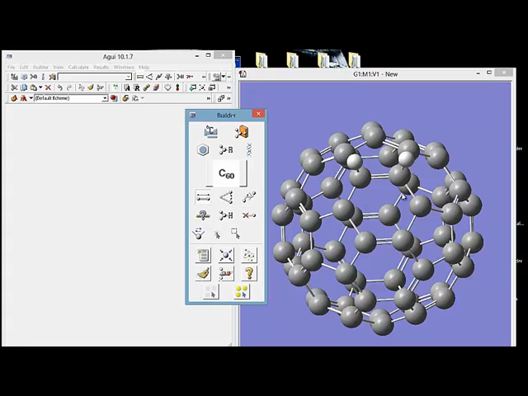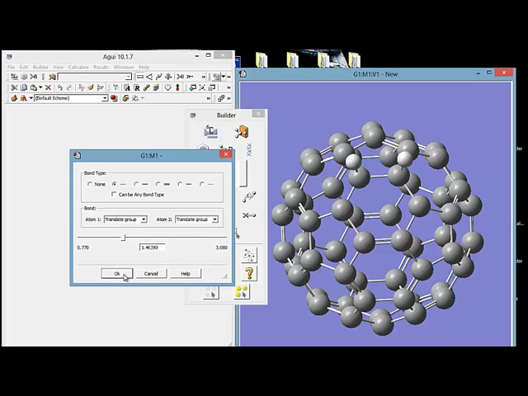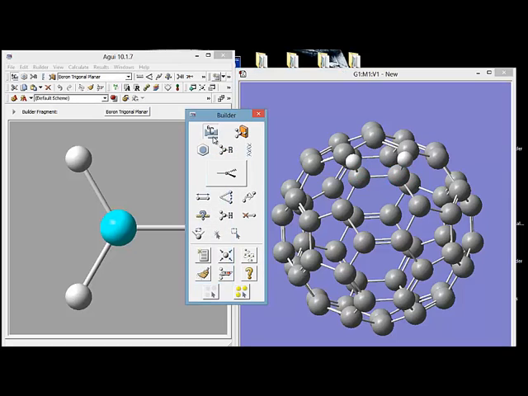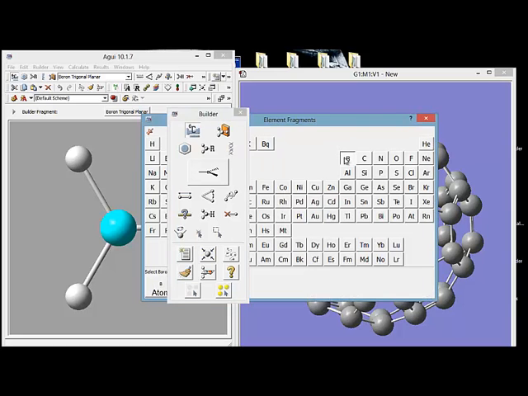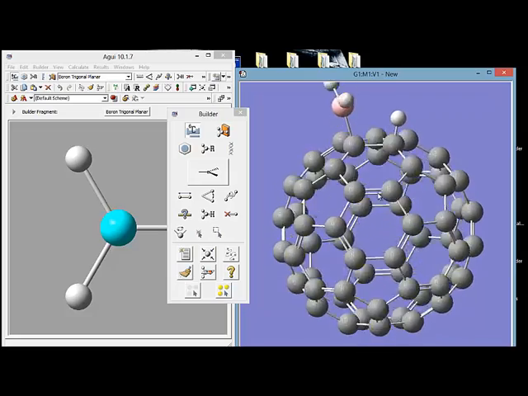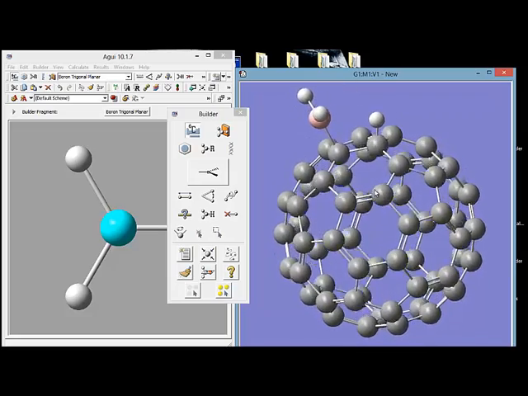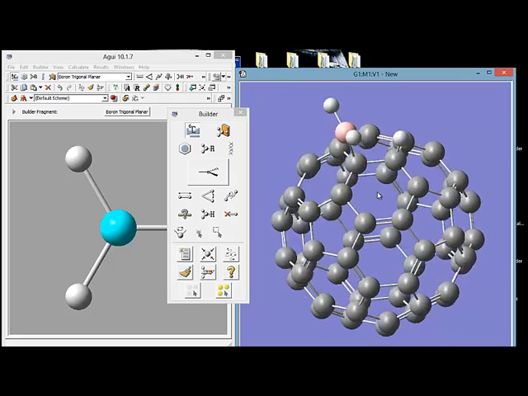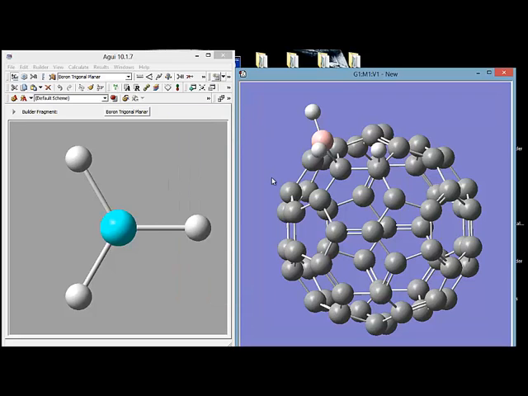And you're going to change this bond right here to a single bond. You're going to select the boron molecule, click twice here, select boron, and then replace that atom right there. And then you want to close this,